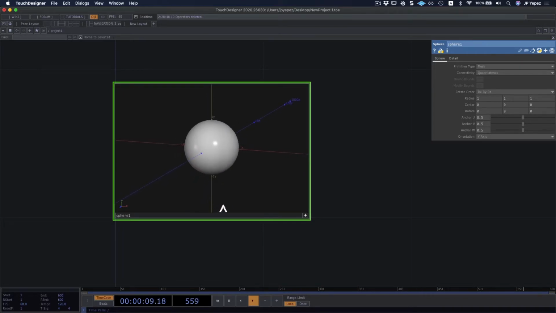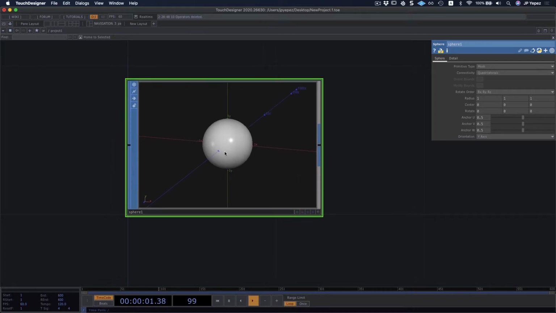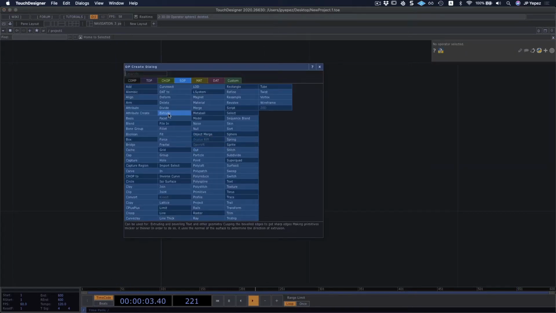Navigating in 3D can be a bit awkward until you get used to it, so I recommend giving it a try and doing it as much as possible to jump in as fast as you can. Now, that's the thing about 3D. However, it's important to start going in, getting used to how you work with SOPs.